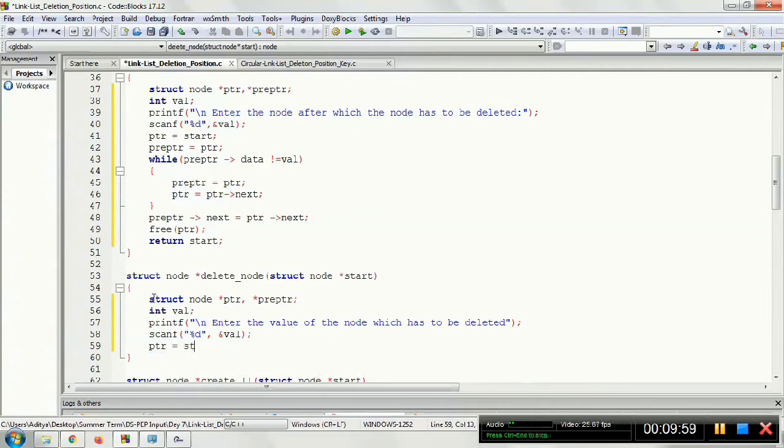PTR equal to start. Suppose the first node itself is the node that I want to delete. It's a better idea to call the delete beginning function, because we have already created the delete beginning function here. We can use this idea. If the first node itself is the node that I want to delete, how can you perform it? Simple. That would be one case.